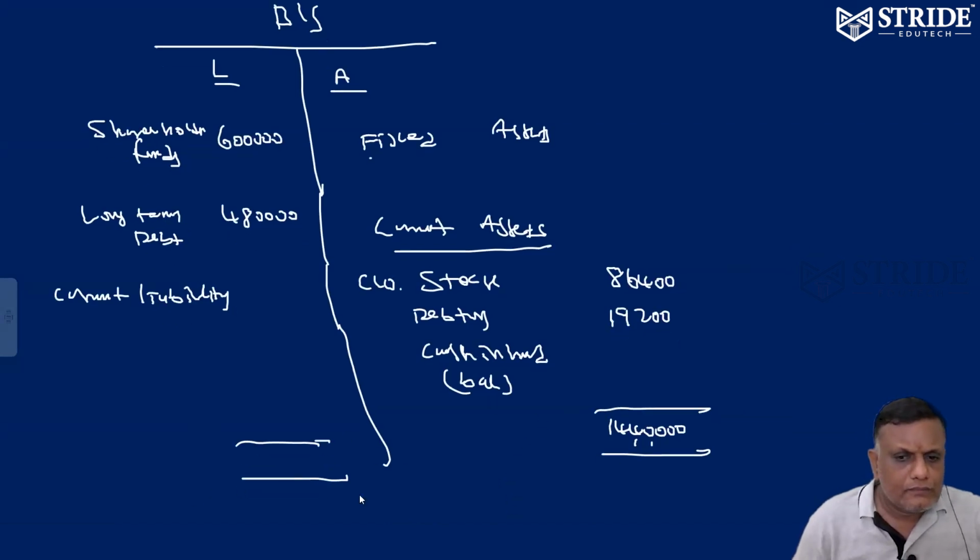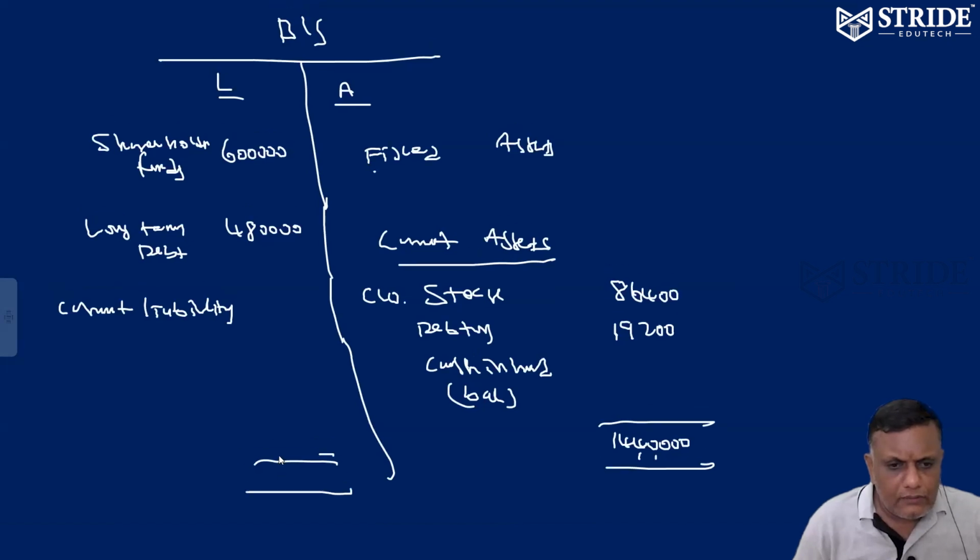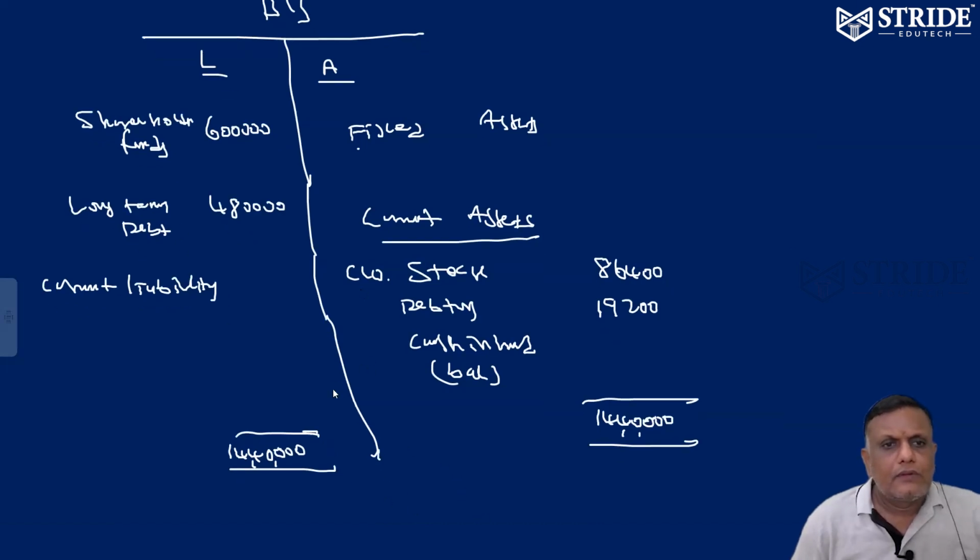Okay. What is total asset? 40 lakh 40,000. Then what is total liability? 40 lakh 40,000. Clear? That's it. Now